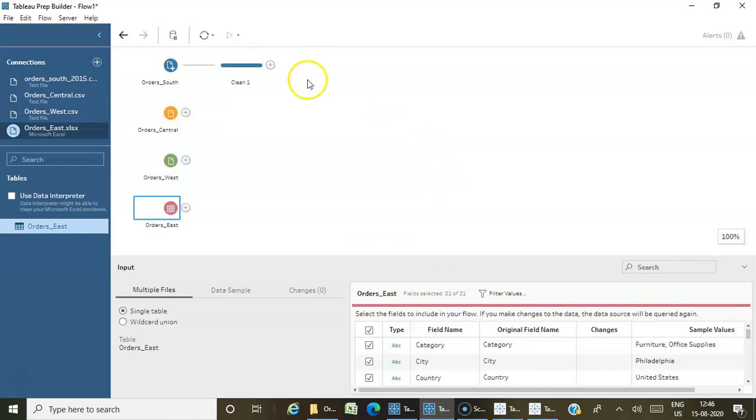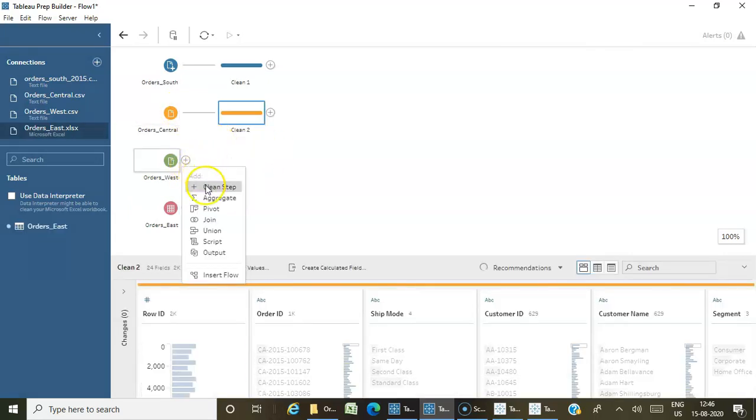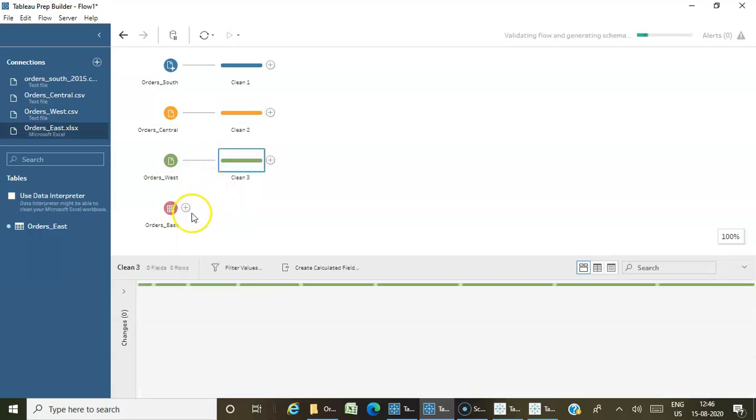See, when you want to union files, the first thing is the files should have the same structure, right? So first we are going to add the basic cleanups and check whether the files have the same structure. Else you just add a cleanup step for all the files, a simple way to find out if they have the same structure.